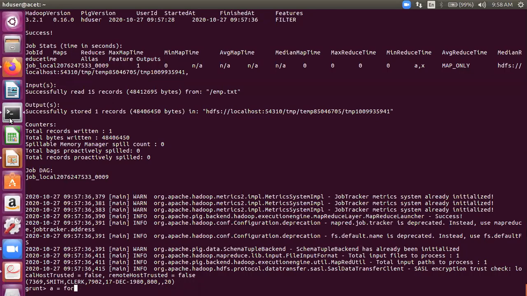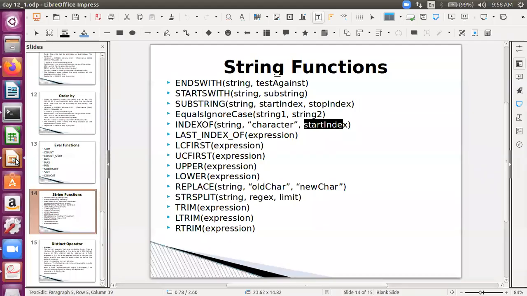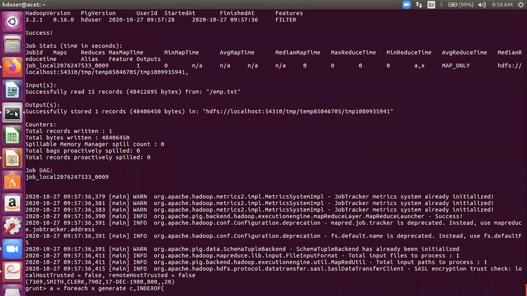We need a projection for this. Generate job as C, so C comma, then index of, all caps, then C comma, and say let's look for M, the index of M. A better example would be A beginning from 1.